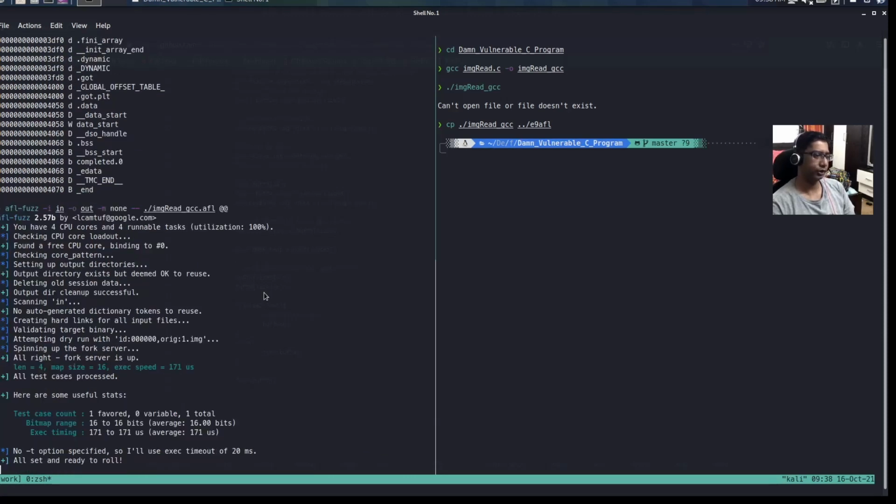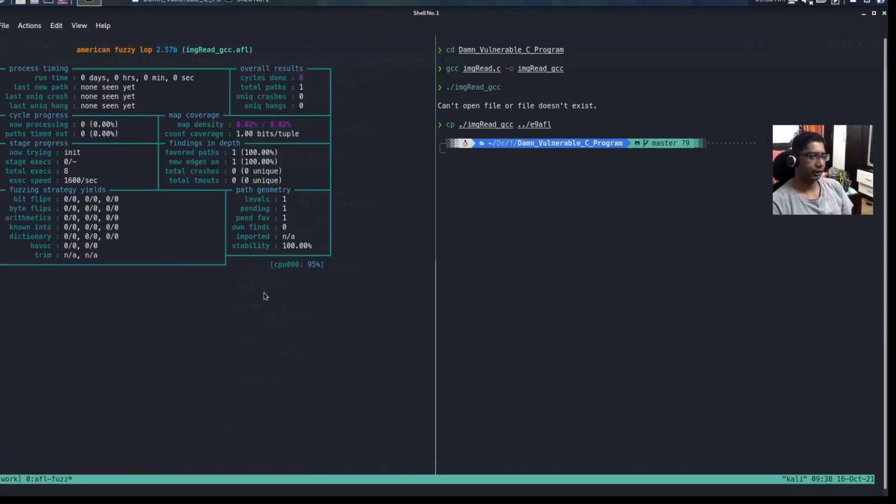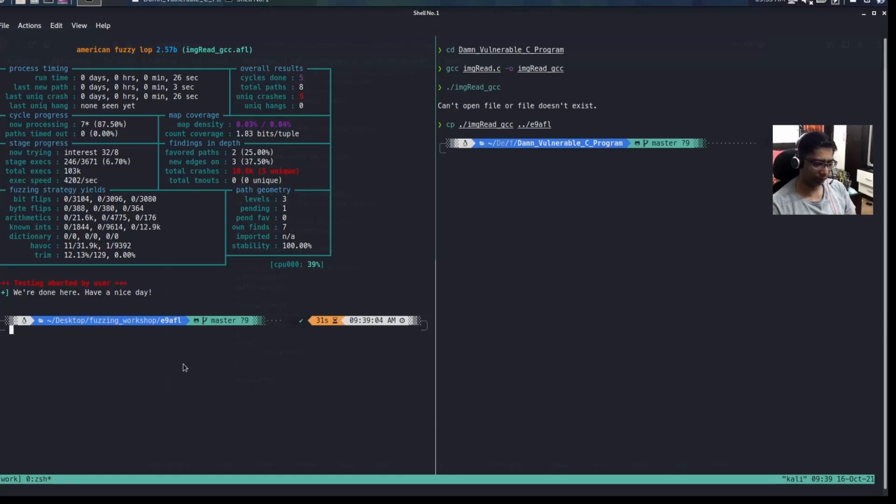Okay, so as you can see AFL is working now, and it has actually found a few crashes, and the speed you can see is something like 3000 or 4000 executions per second. So it's actually very fast. Maybe I'm using another system, so that's why you see this considerable speed difference in this video. Generally I used to get like 200 or 300 executions per second, but this should be fine. So this is how it works.